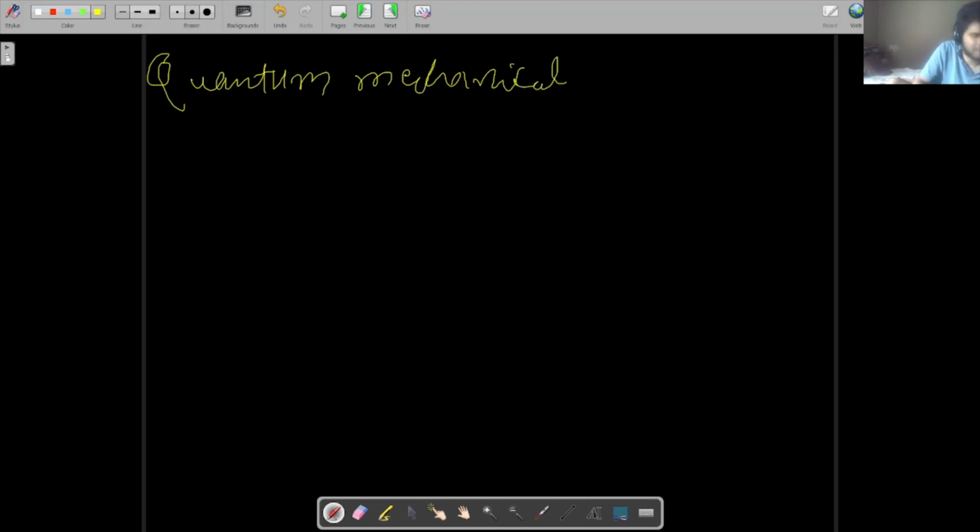So the quantum mechanical Hamiltonian, or else call it Hamiltonian operator, is given as